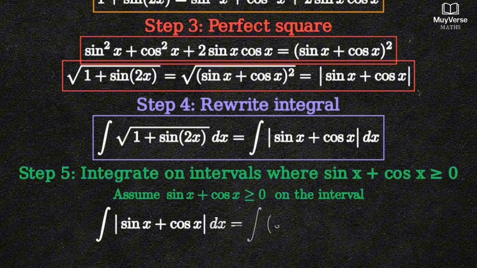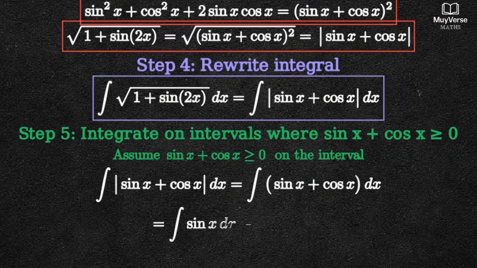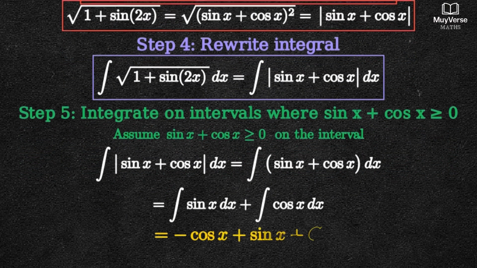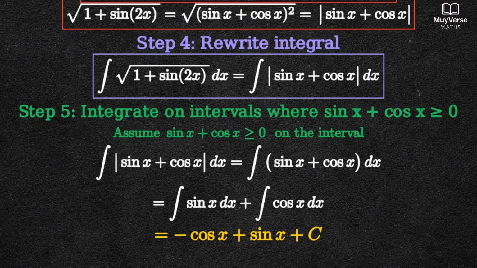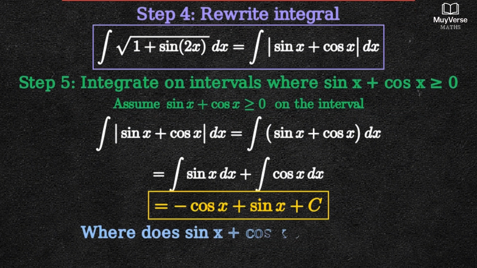We integrate sine x plus cosine x term by term. The antiderivative is negative cosine x plus sine x plus the constant of integration. This is our result on any interval where sine x plus cosine x is non-negative. Important note, if your interval crosses a point where sine x plus cosine x equals 0, you must split the